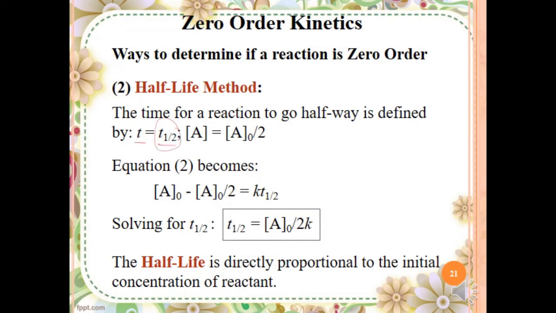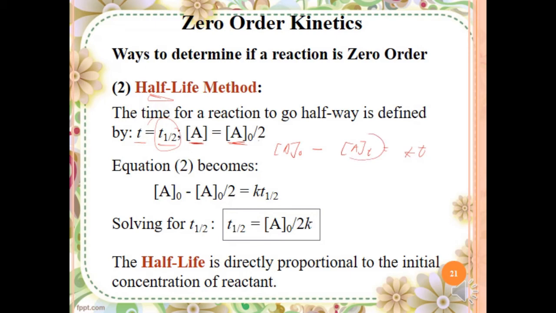So the concentration of substance A at t half would be the initial concentration divided by 2. So equation 2 just now, which is A naught minus At equals kt,